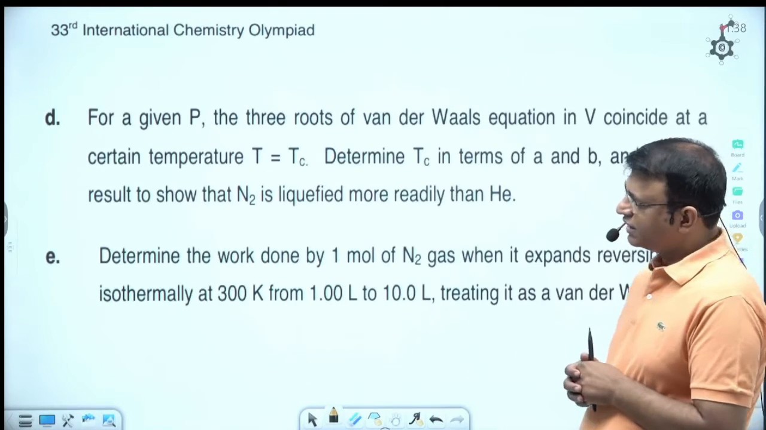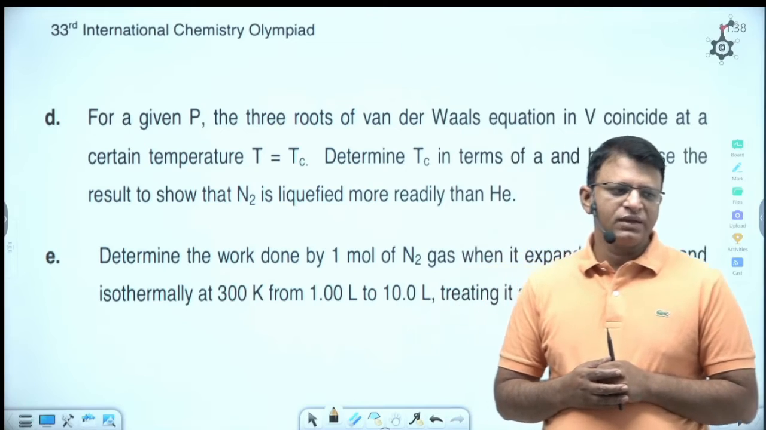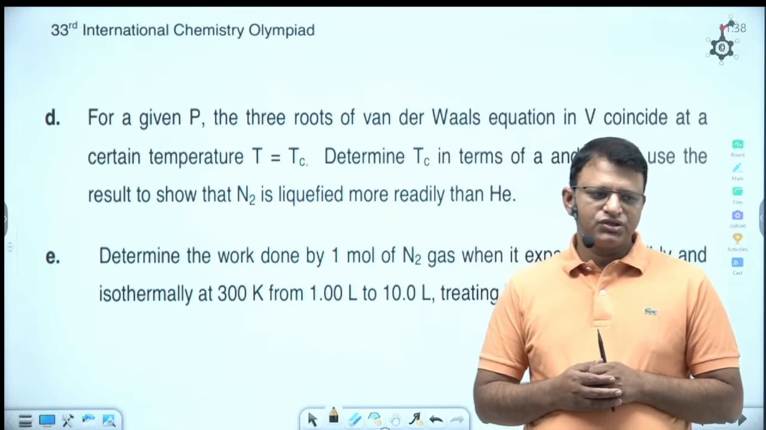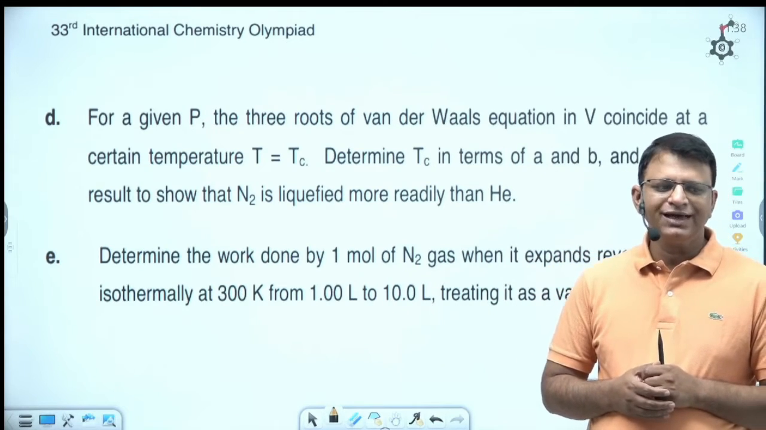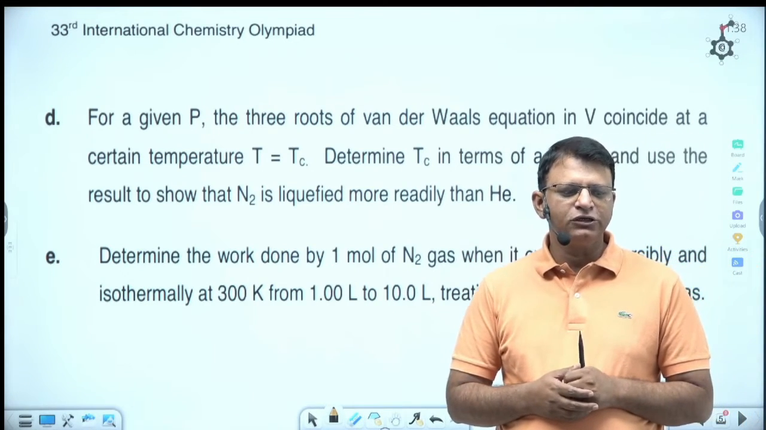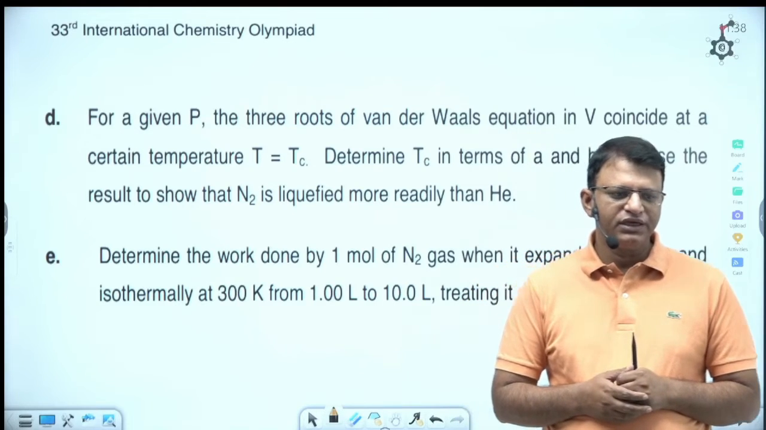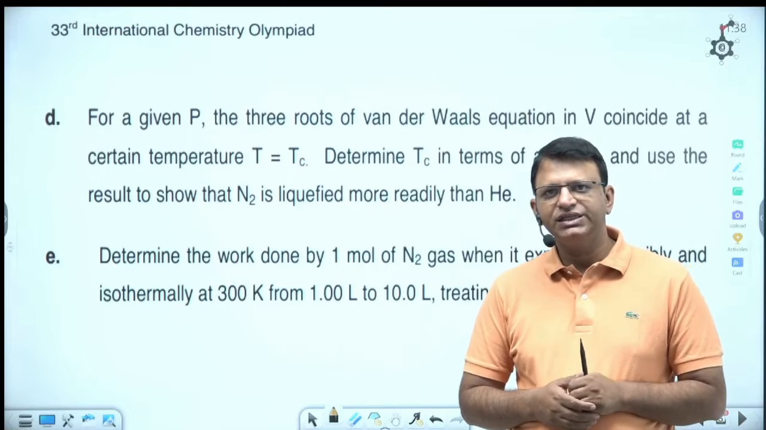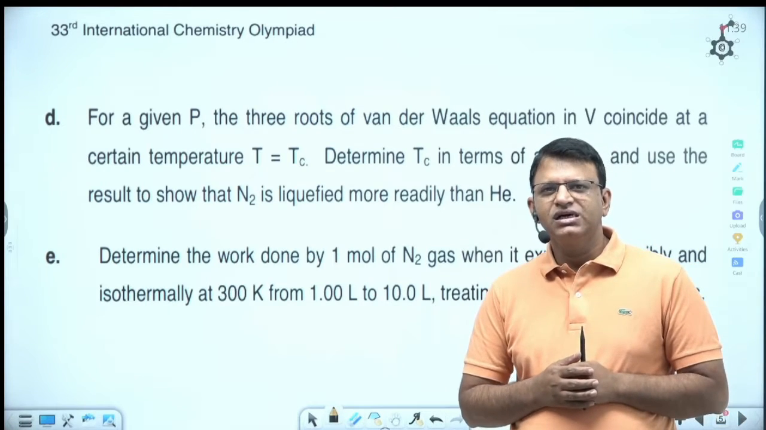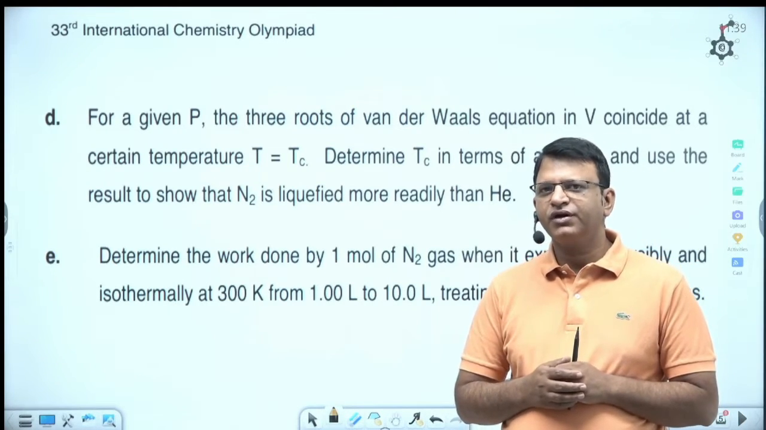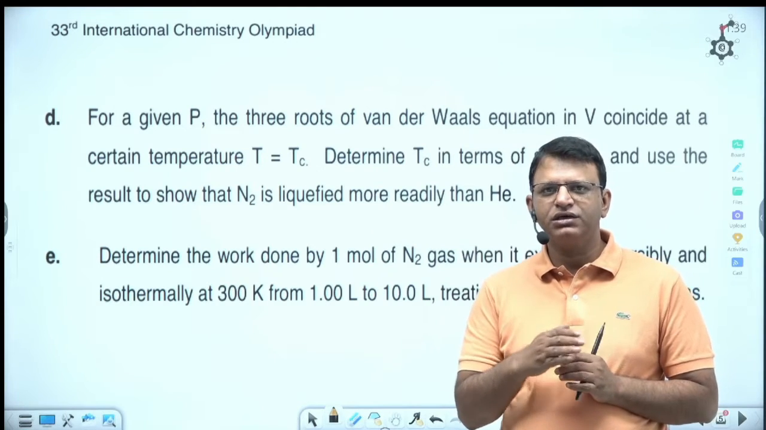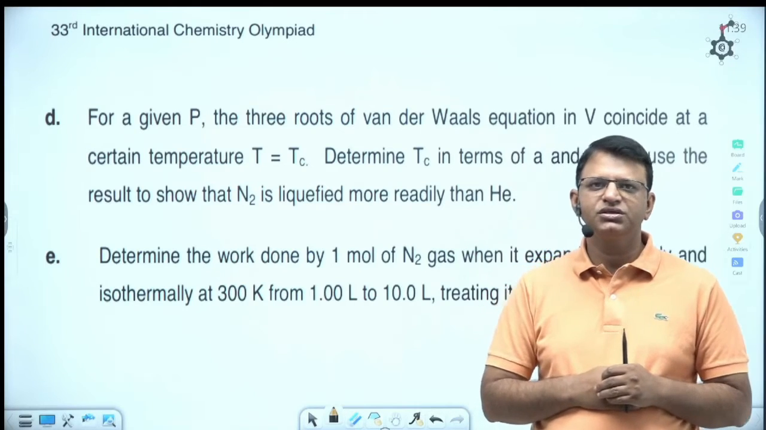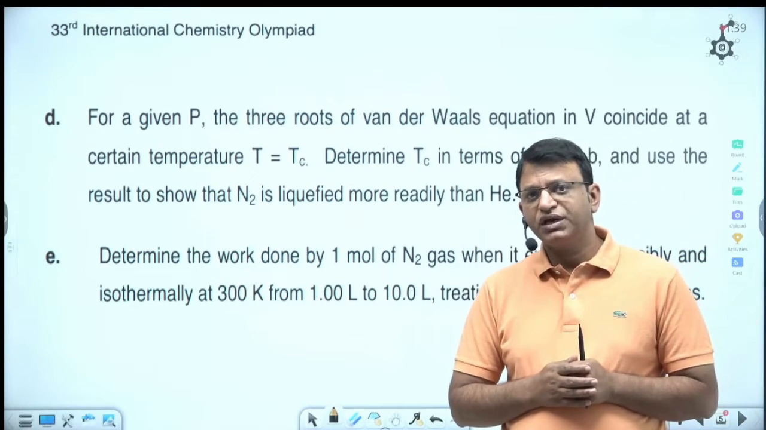Then the D part is for a given P, the 3 roots of van der Waals gas equation in volume coincide at a certain temperature Tc. Determine Tc in terms of A and B and use the result to show that nitrogen liquefies more easily than helium. So this part is regarding what is the importance of critical temperature. If the gas is at critical temperature or above critical temperature or below critical temperature, what conclusions we can make